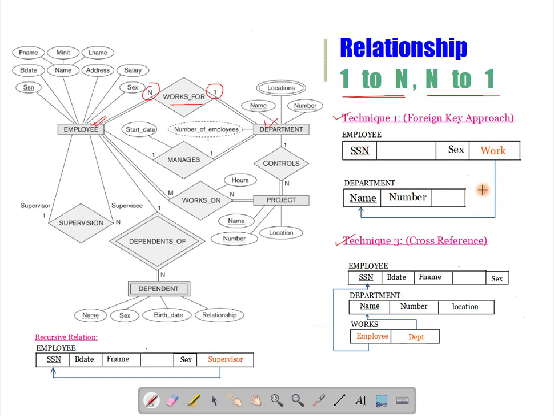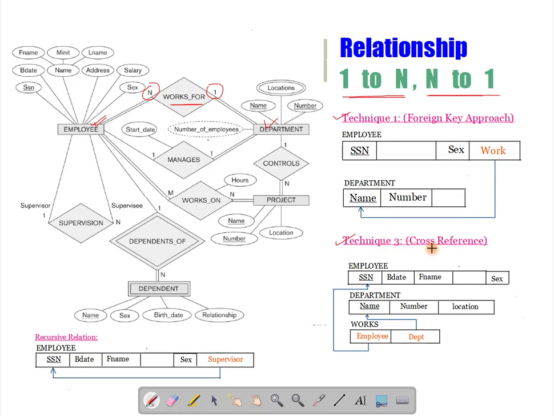But if you added a foreign key here which would point to employee, then you would have to attach more than one employee to a single department, and that breaks the atomicity in the database. So that is why for a many-to-one or one-to-many relationship, you will add the foreign key to the relation which represents the many constraint.